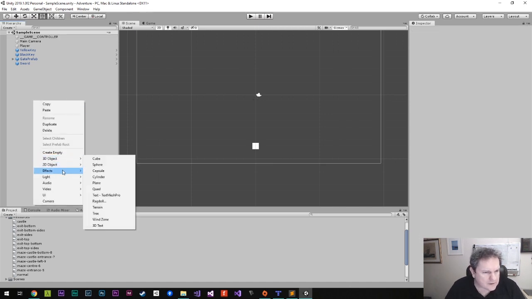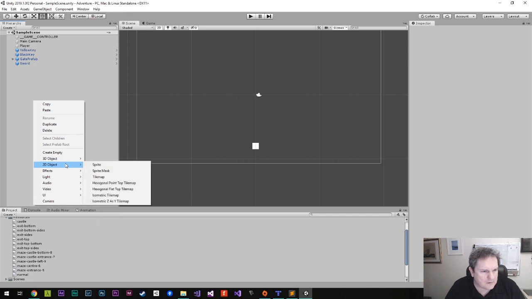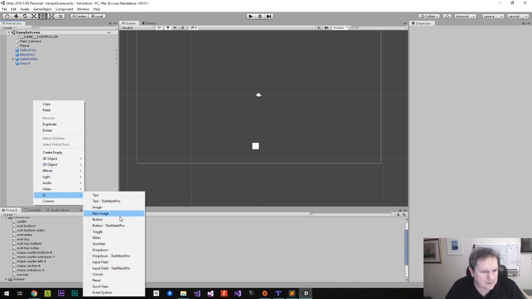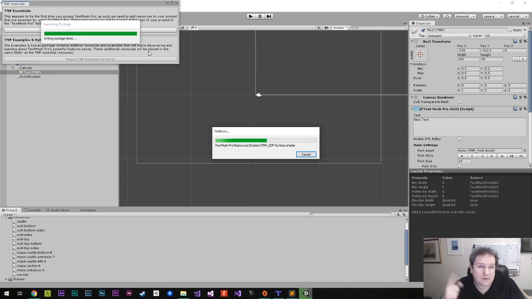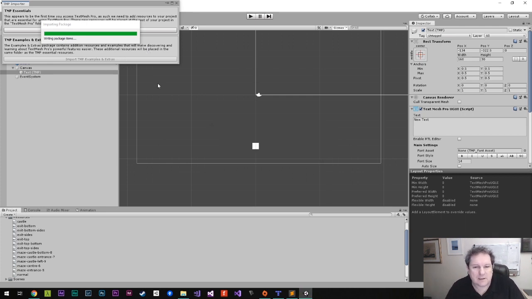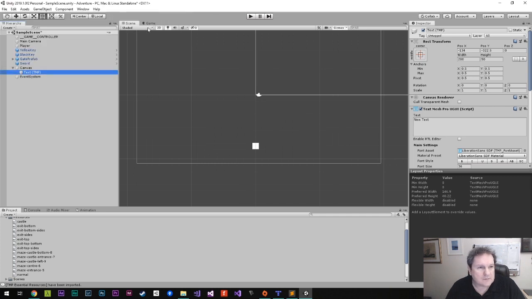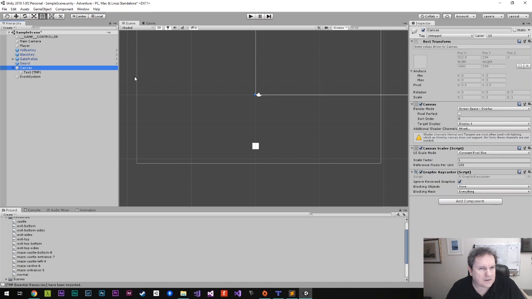So first things first, I'm going to create a UI, and I'm going to add Text Mesh Pro. Then I'm going to import all these things, and I'll put this up in the new video that goes up, or I'll tag it for the release when I do this in the new video. And then we can close that, and then our canvas,